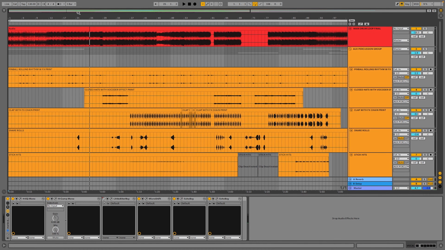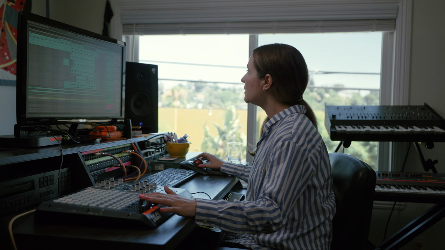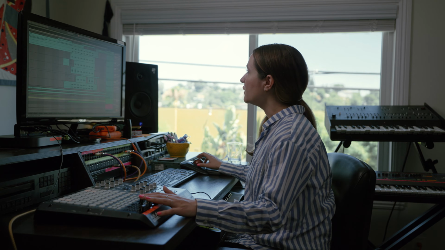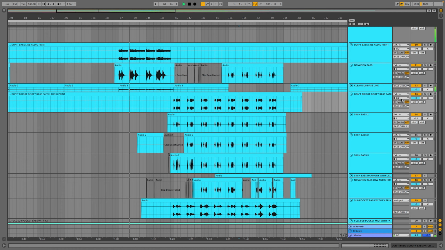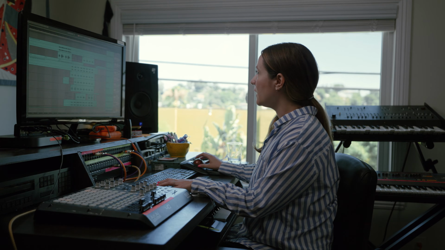So another thing I spent a lot of time on is layering the bass sounds for this song. And yeah, the bass is really big on this one, but I have so many bass tracks for this song. I went a little overboard layering everything. So I started out with this really big bass I called a big Doofy Bass, which I thought was cool, but it definitely needed some more layers.